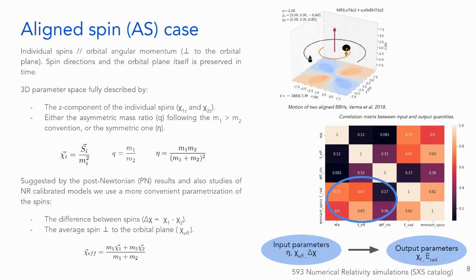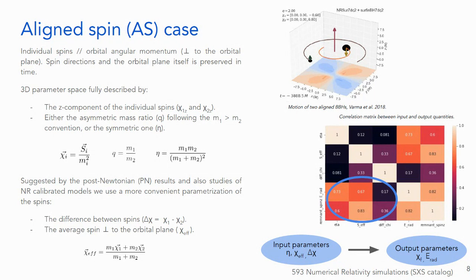Let's now discuss a bit what the aligned spin case and the precessing case are, for the ones that don't know. In the aligned spin case, as you can see here in this picture, the individual spins are aligned or anti-aligned to the orbital angular momentum and perpendicular to the orbital plane. That means that during the evolution, the directions of the spins are not changing with time, and the orbital plane is also preserved. So this is a quite simple case,